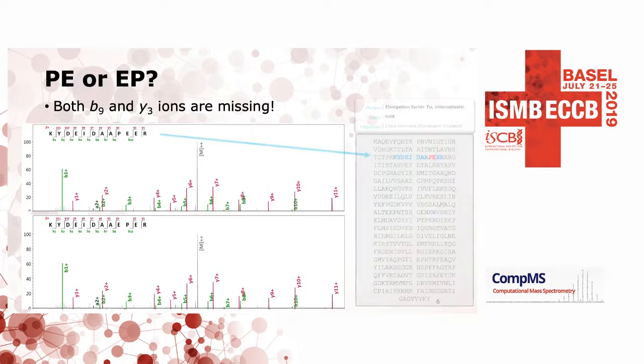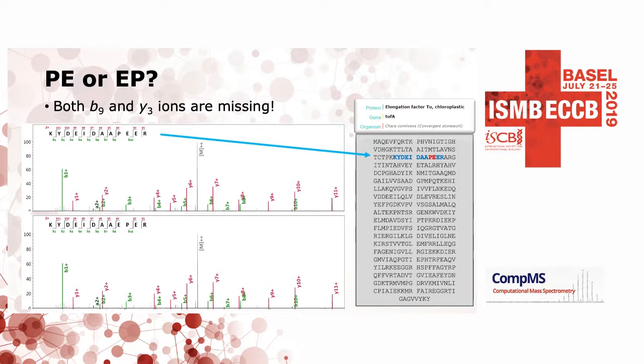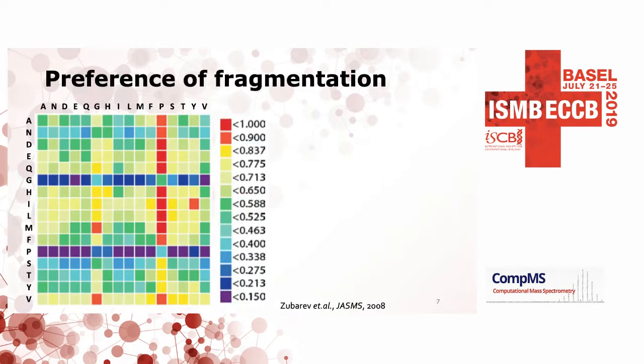Actually, as the database of this sample is available, we can know the first one is correct because it can be matched exactly with the database. But such information cannot be directly used by de novo sequencing. So if we want to distinguish between these two peptide sequences, we must find some key features from the sequences themselves. Dr. Zubarev investigated the performance of peptide fragmentation in CAD data, and from this figure, we can see that the fragment